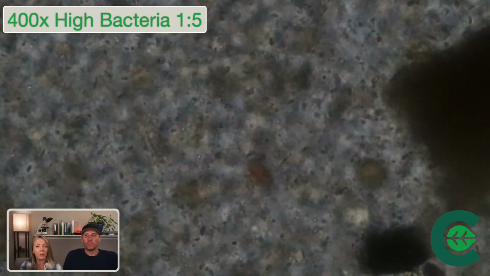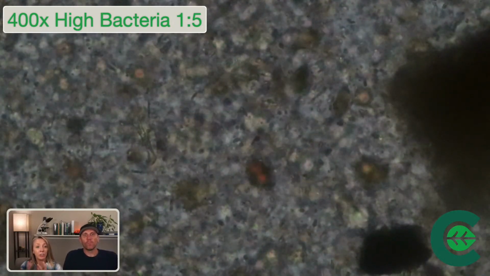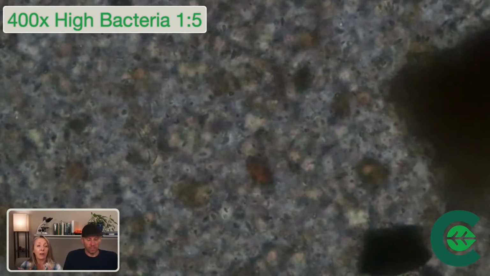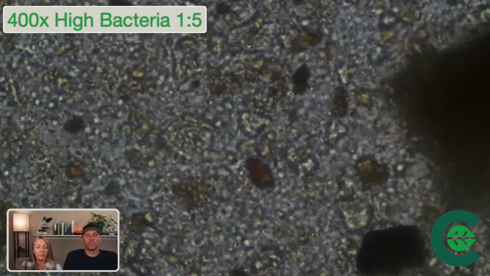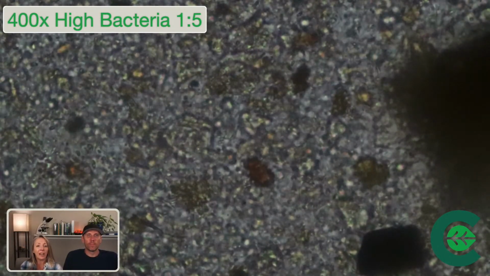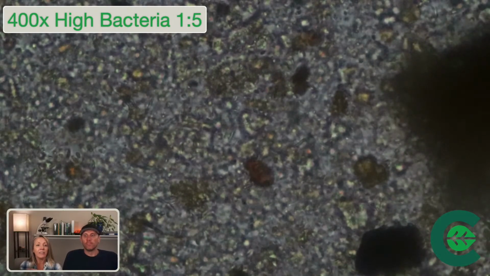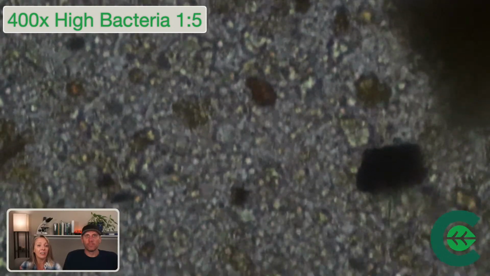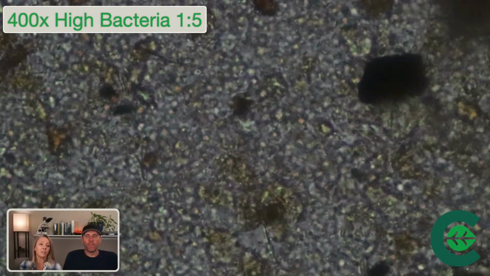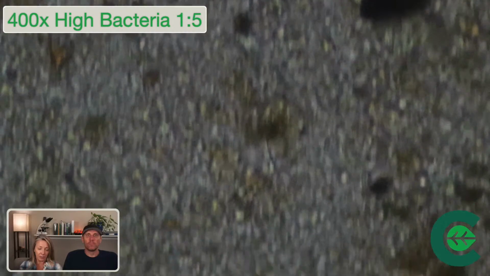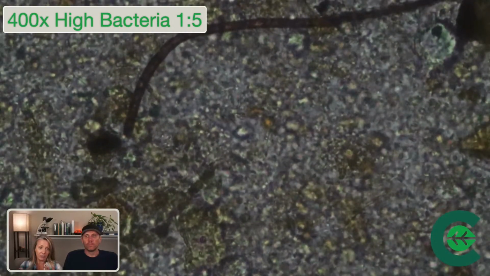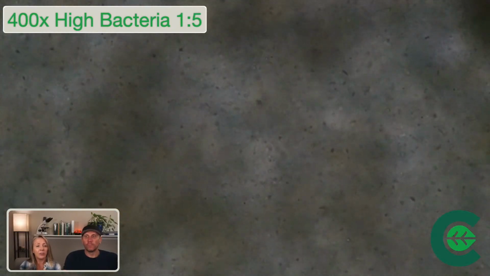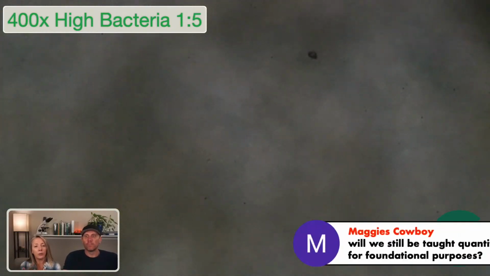Bacteria are going to be shapes and smooth. There'll be round, there'll be rods, and there'll be round rods, basically, and they can be in chains and different things like that, but they're not going to be jagged in any way. This particular soil was from a clay soil. Clay can be the same size as bacteria. So you need to be able to know what these differences are when you're looking at it, and you need to be able to say whether or not something is too high or not too high. I'm just showing you how you go through